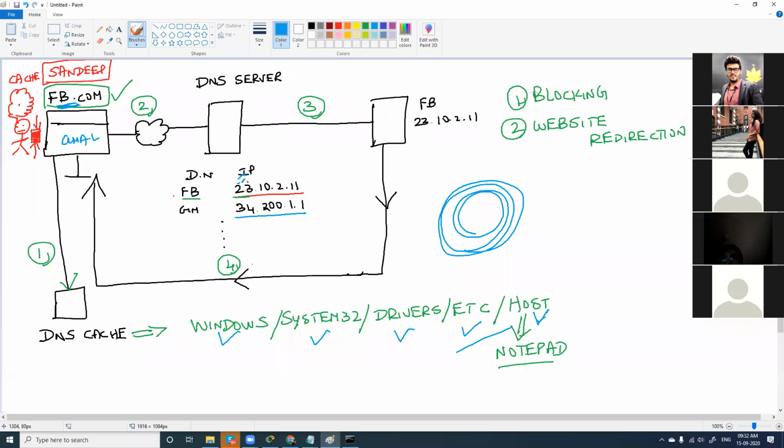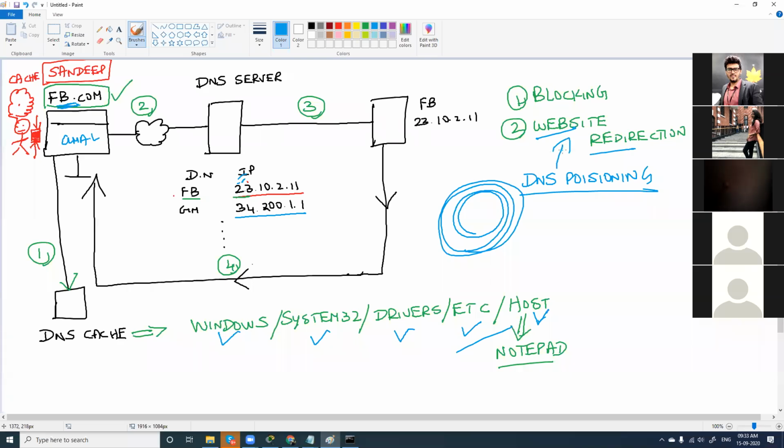This you call website redirection. But for this, you need to run another tool from your Kali Linux. You have to perform an attack called DNS poisoning. If you do this, yes, this is possible. But for this, you need to understand what DNS is and where you have all these configurations, and what is happening in the background. Only by understanding all these concepts will you understand what DNS poisoning is.